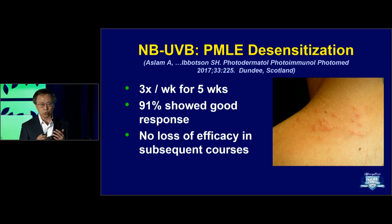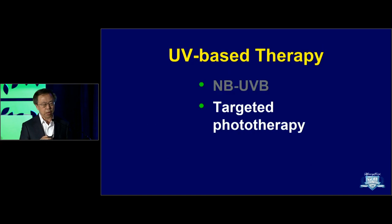So it's something that we do routinely to treat these patients, and what has been shown, and this is our experience also, is no loss of efficacy in subsequent courses. So every spring, many of my PMLE patients will come to see me. We'll start the narrowband hardening for these patients. I'll go over